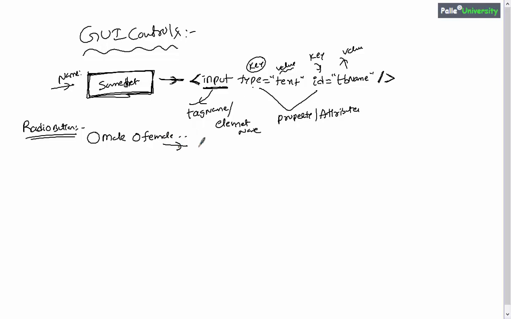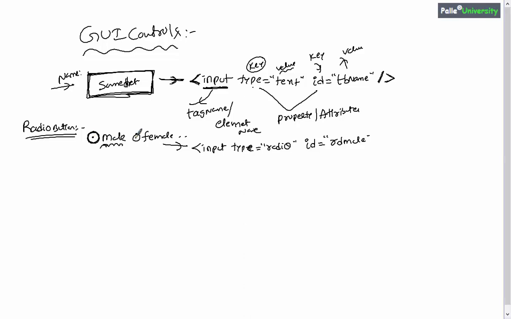In order to create a radio button using HTML, you should write input type equals radio. Next, for every radio button or every control, in general it is better to give some ID. In my case I will go for RD male, right? Assume that I have created this radio button for males. If the person using your application is male, they have to check this one.